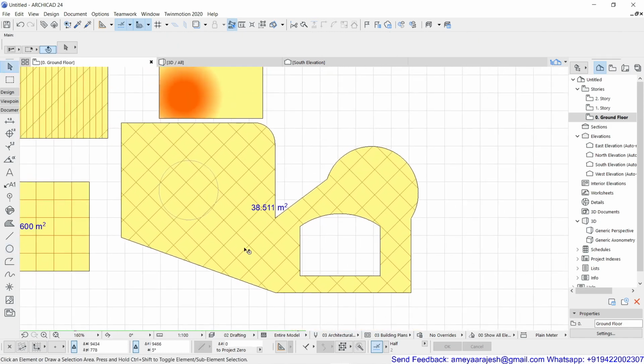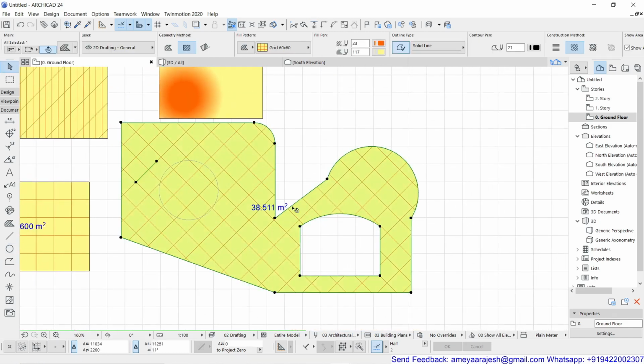So I'll press W on the keyboard and select this hatch or fill. To deduct this puncture you have to do one more step: at present it says all selected, and you have to lock the selection.